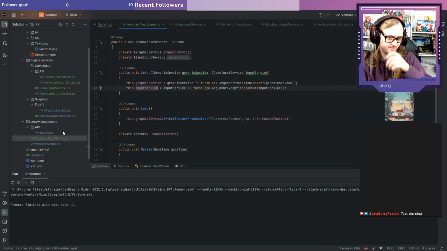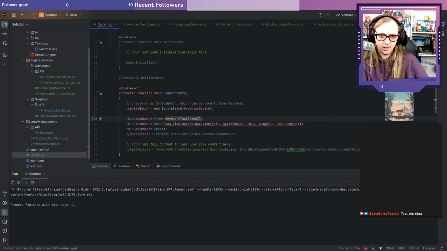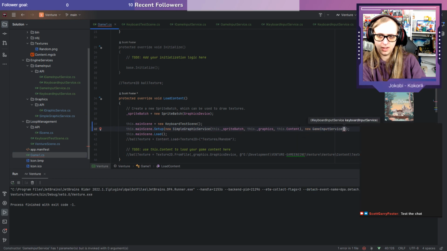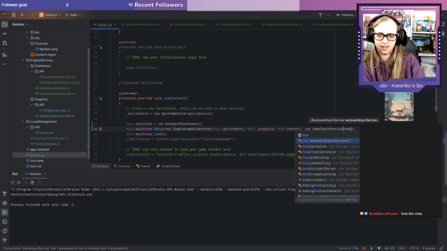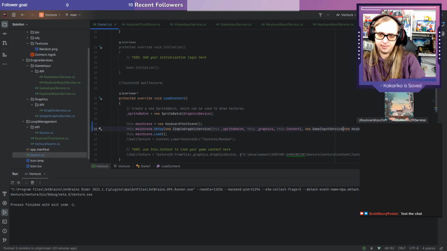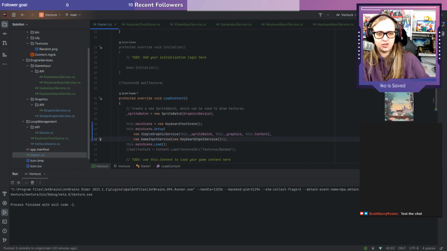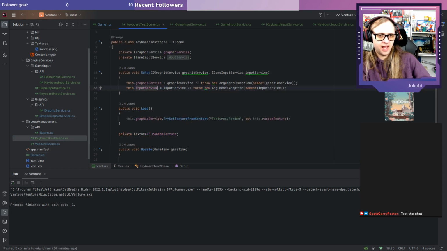So there. And now inside of here, new gameport service, which needs this. Which means this here is getting a bit much, but constructors get a bit much occasionally, so that's fine. Constructors can get a bit long, that's fine. That's a perfectly acceptable thing for constructors to get. Okay, so we actually have input now